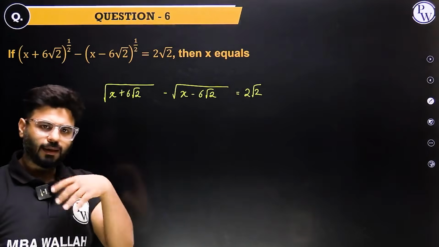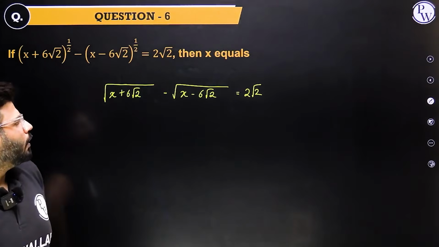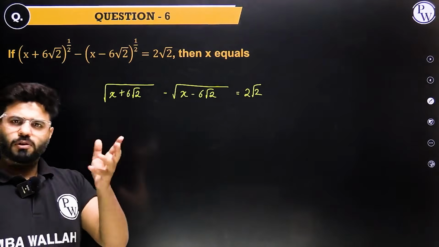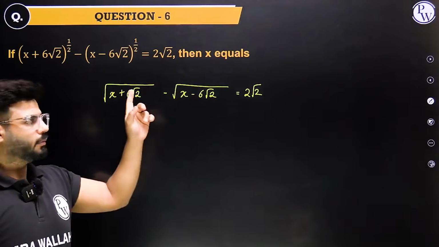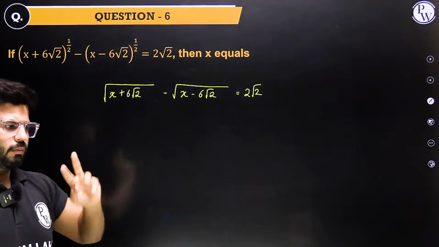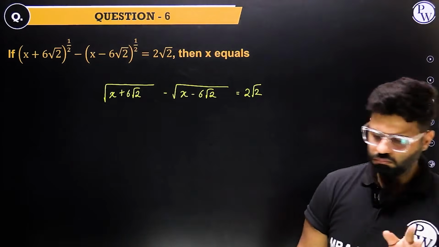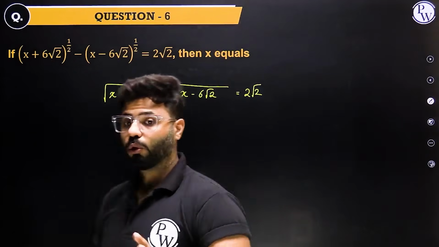Now think, guys, what would have happened. Observe a few things. Of course, there is one method: I square it up, the root goes away, then I have the 2ab term. Then I take that alone and square it up again. Square it up 2 times, we'll get the quadratic, solve it. Not going to do that. Long route.